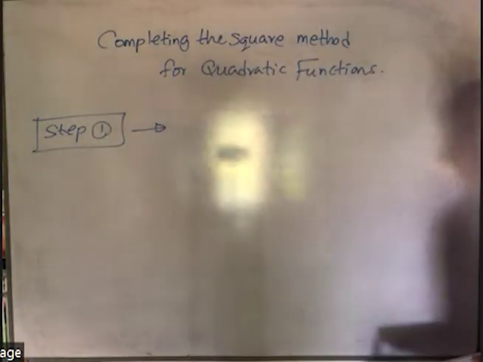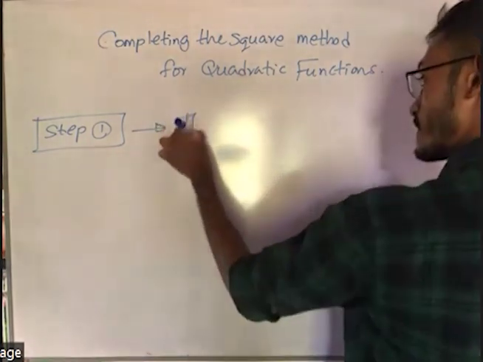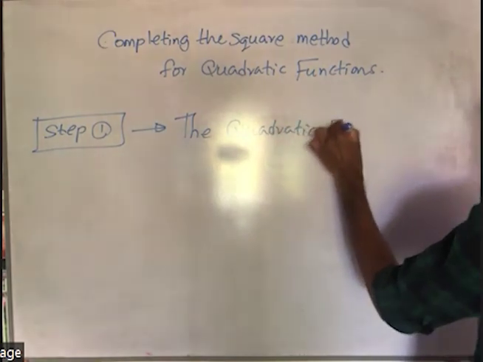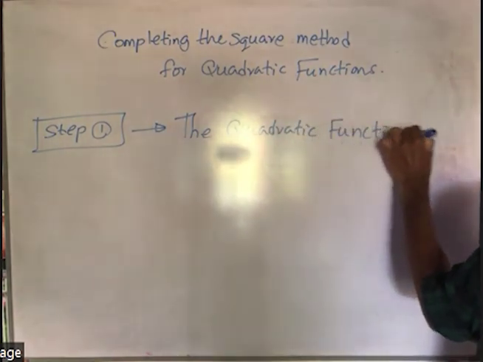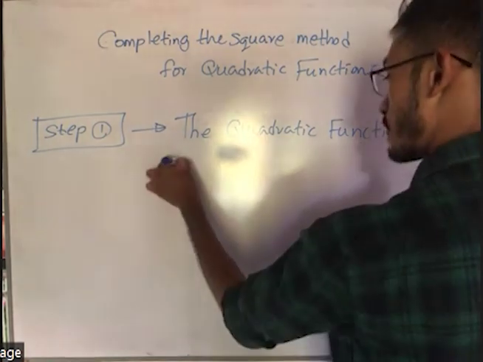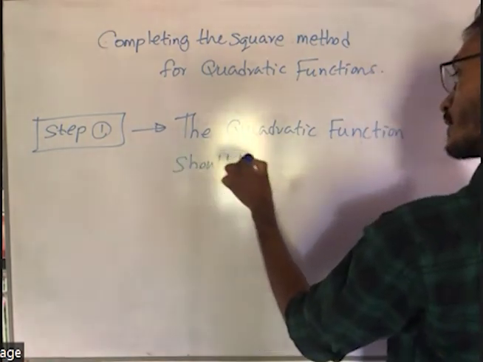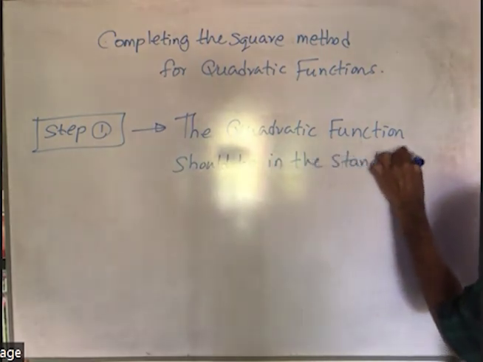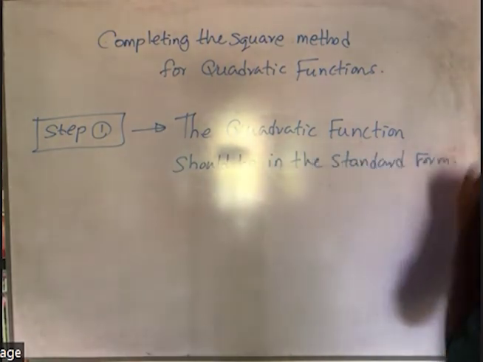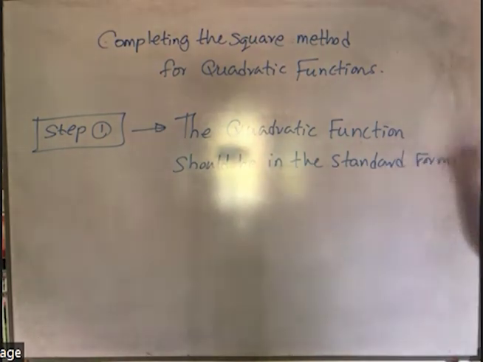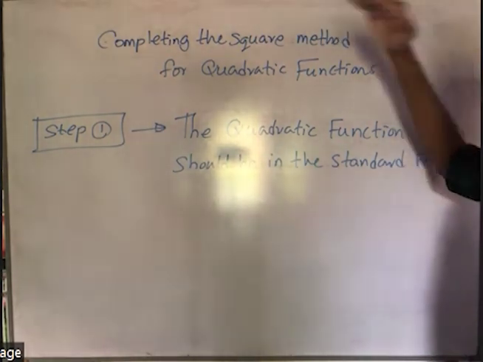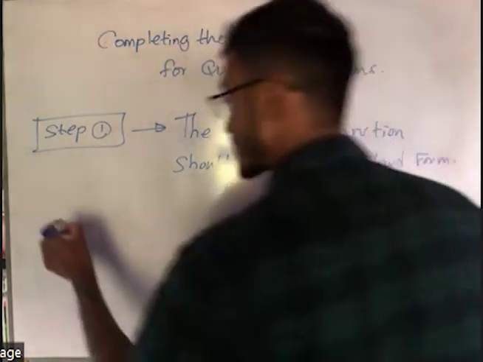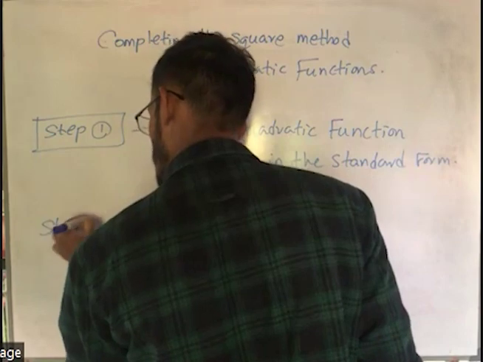Step 1 is the quadratic function should be in the standard form. That is the first step of this completing the square method. We are using this method to simplify the problems in this lesson, right? Step 2, second step,